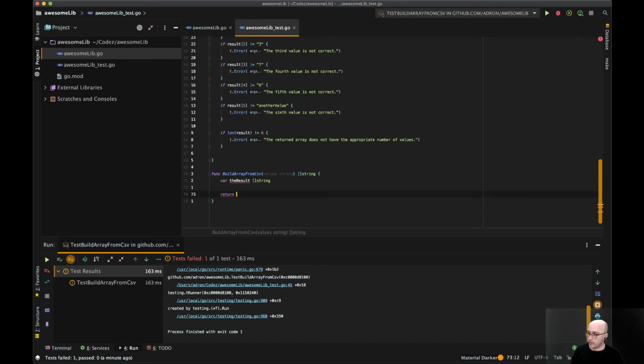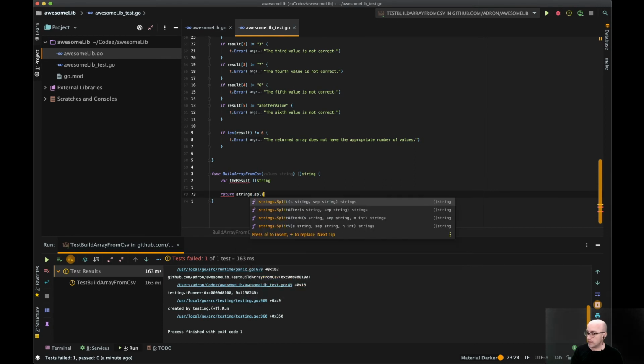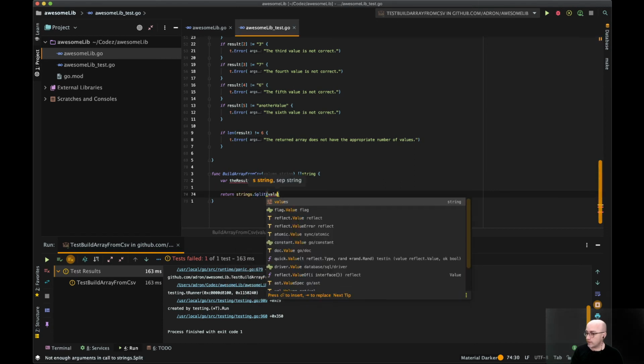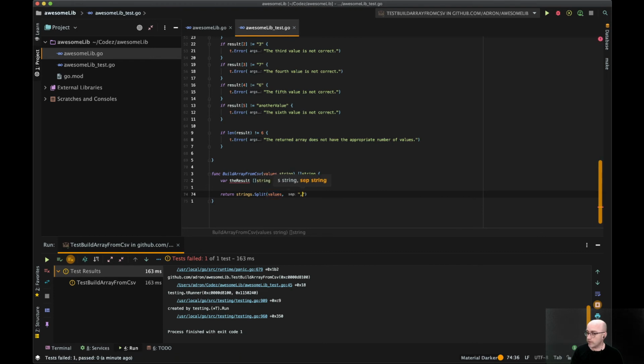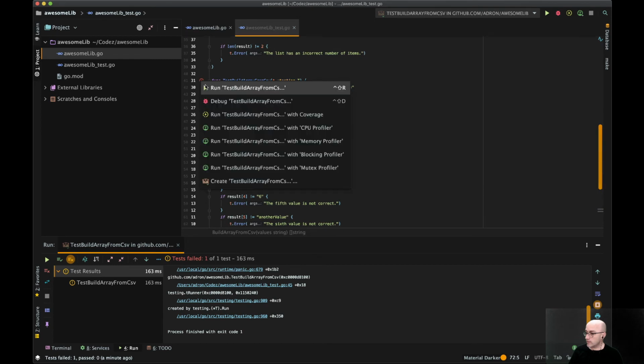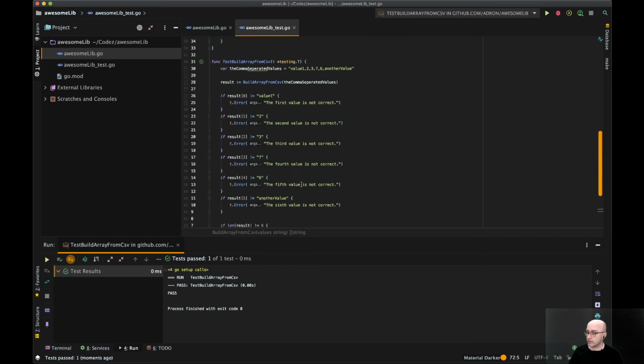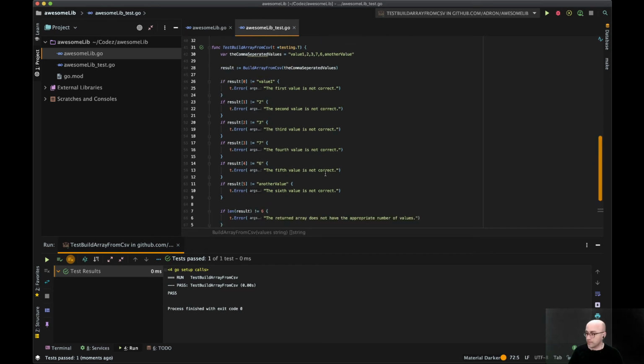I can simply do strings.Split, and then we're going to give it the string, right? And then the separator, boom, comma. Look at that. Magic craziness. Now, I'm going to show you another thing, though, that I like about this functionality. See, I don't even need this because I don't have to build anything. The builder is already included in there. So let's see what we get. Look at that magic. Boom. That entire test just passed. Right?